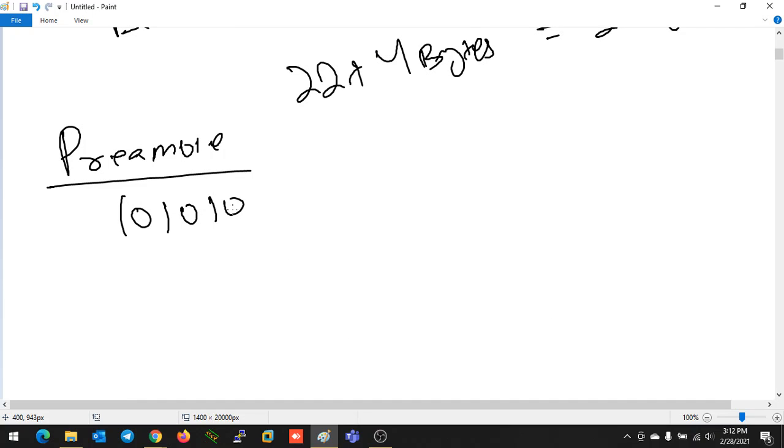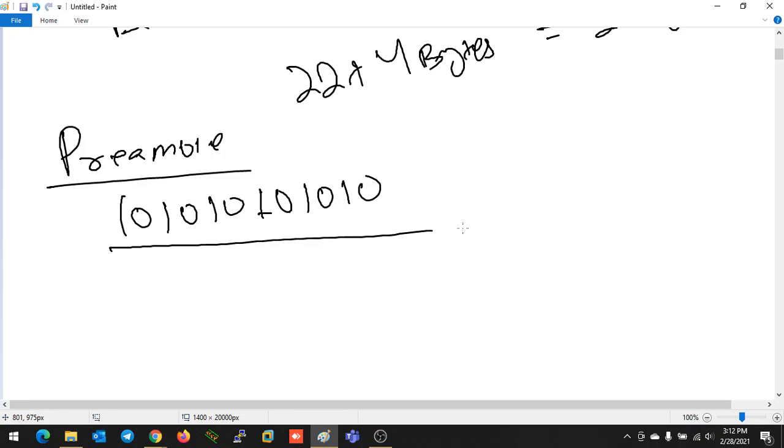So it will be 56 bits total. Total 56 bits, it will be all 101010 like this. There is nothing that Ethernet is going to change, or any kind of information you are going to change. All the information will be in 1 and 0, 10 10 10 sequentially, one by one like that. Total 56 bits you have to see.